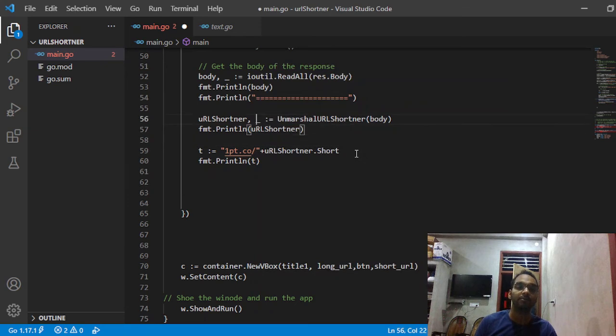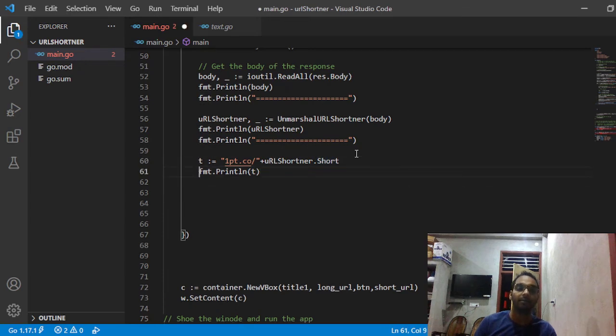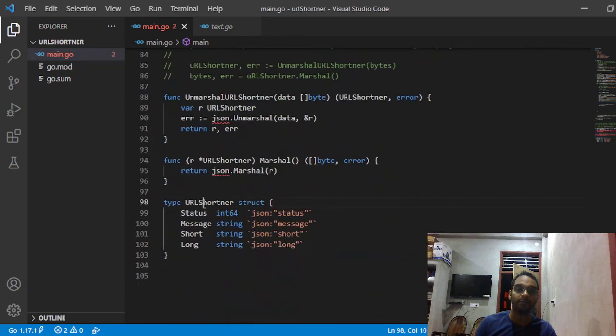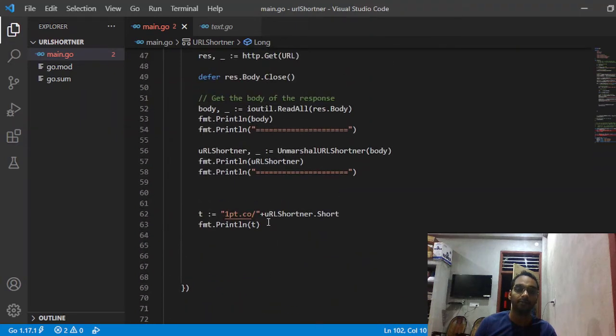let's print this t also. This was a short. Let's slide the short, and then this print. Let's print everything. Let's print each of these things, each of the structures we have. We have the status, message, short, long, using this URL shortener. We'll try to print everything. fmt.Println